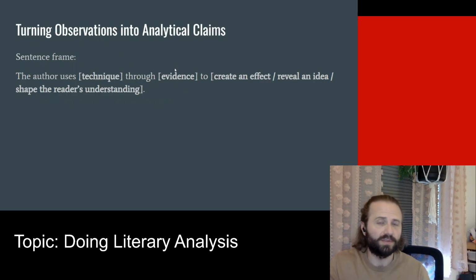So, we understand the method now. Let's talk about analytical claims. And here's a useful sentence structure, guys. For example, I could say something like, van der Haag, the author, uses characterization through Charlie's limited perspective to show his movement from passive observer to participant, which helps the reader understand how exposure to adult conflict shapes his